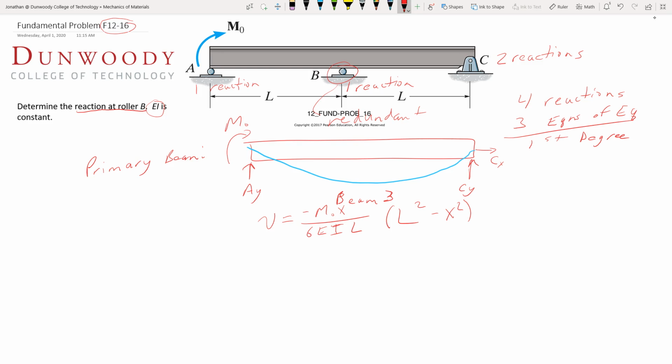So as we look at that beam, what do we have going on here? Our moment is there. L is really going to be 2L because we have 1L, 2L. So we're going to sub 2L into each of these locations. X is just going to be 1L at B. So as we sub those in, our deflection at B